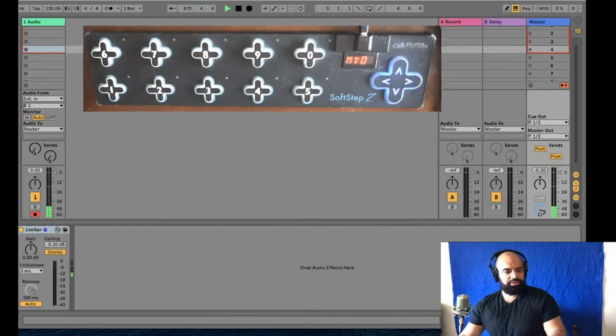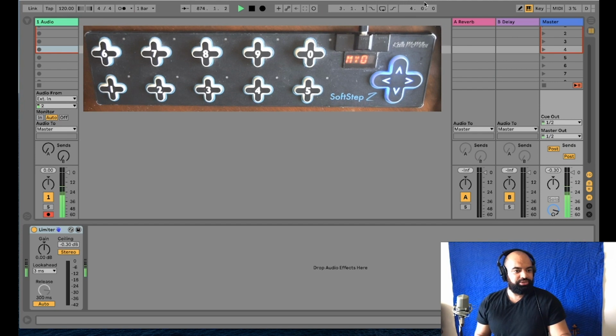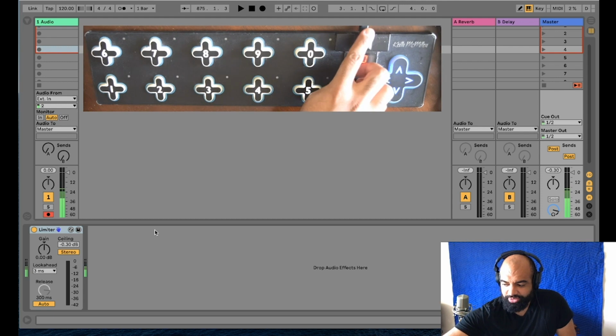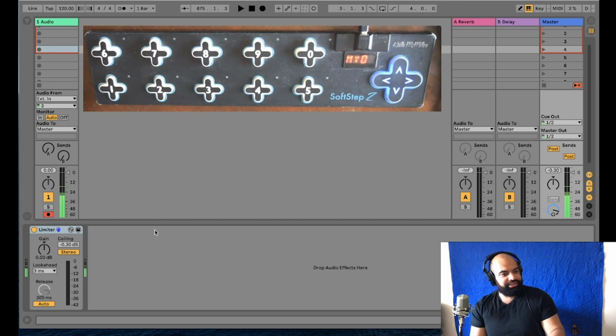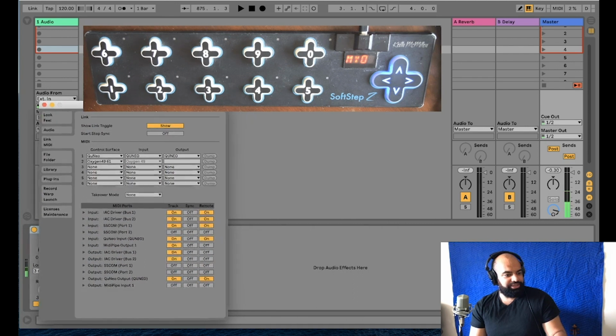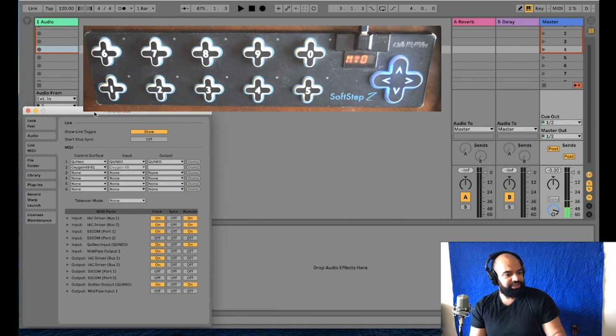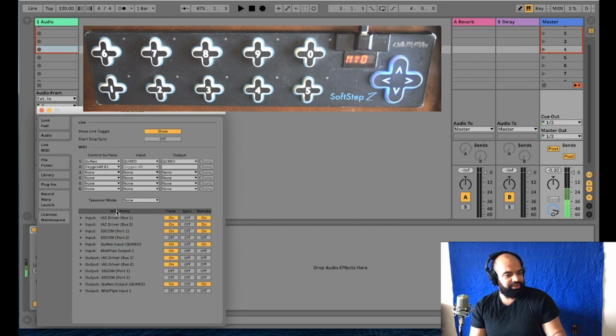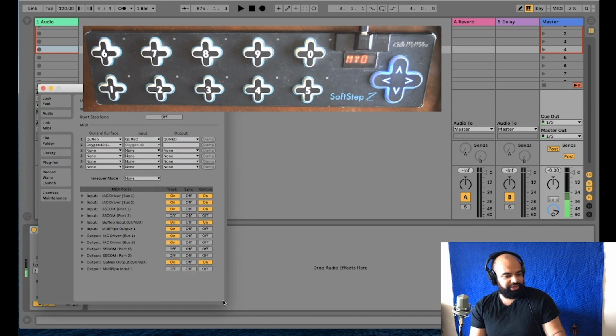So first thing you want to do is, I already have Ableton open here because I'm using that for my audio source. What you want to do is go ahead and plug in your SoftStep. So yeah, just in this port here. And once you do that, we can go up to the preferences in Ableton. And if we look at the MIDI ports area down here,